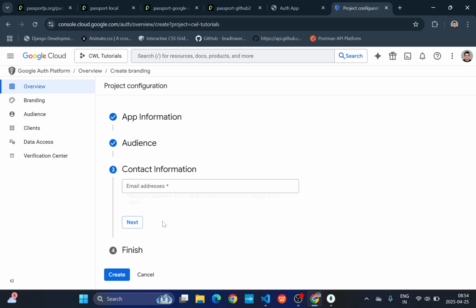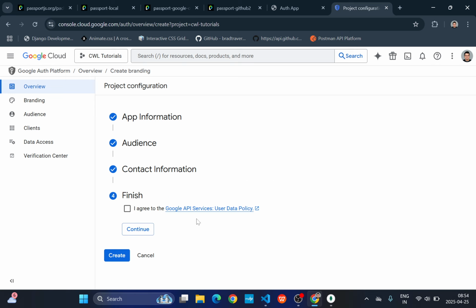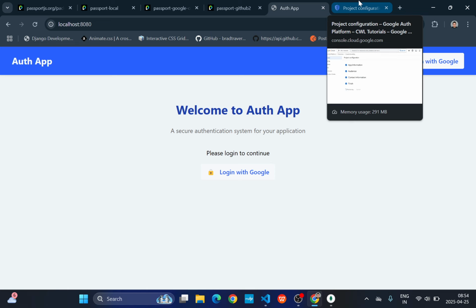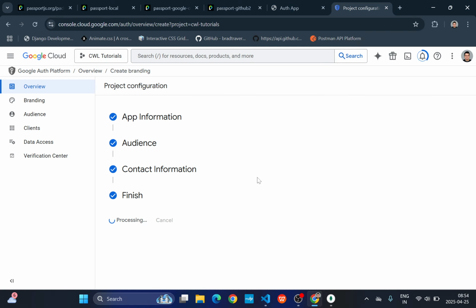Audience type is external, because we are not a Google Workspace user, so we'll not have any internal users. Then the Gmail address. Click on next. I agree to the Google API services. You can go ahead and read the API services guide. And after clicking on finish,